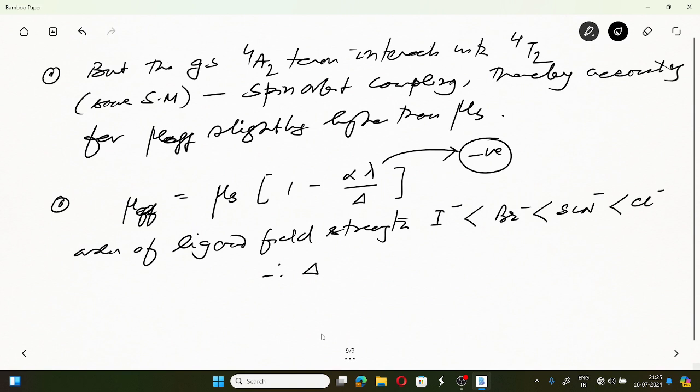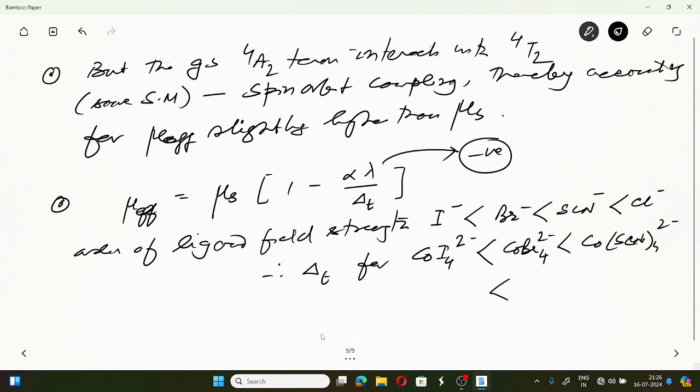Therefore delta t for COI4 2 minus lesser than COBr4 2 minus lesser than CO(SCN)4 2 minus lesser than COCl4 2 minus।